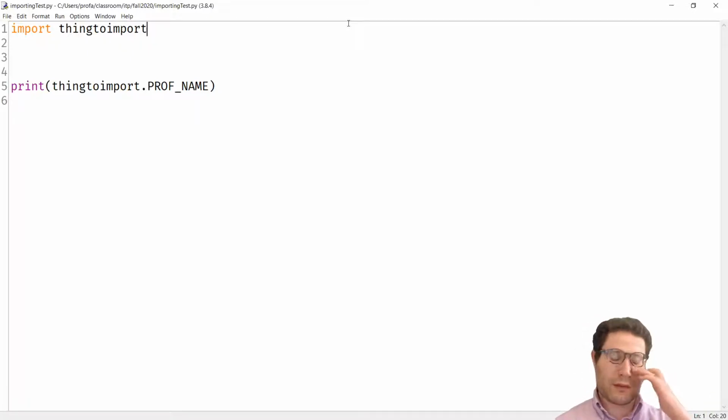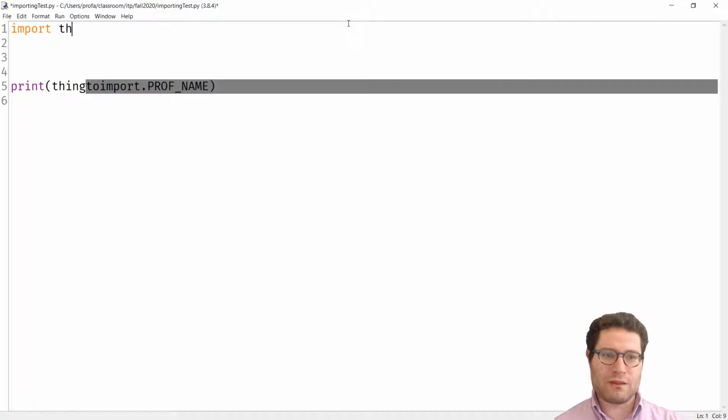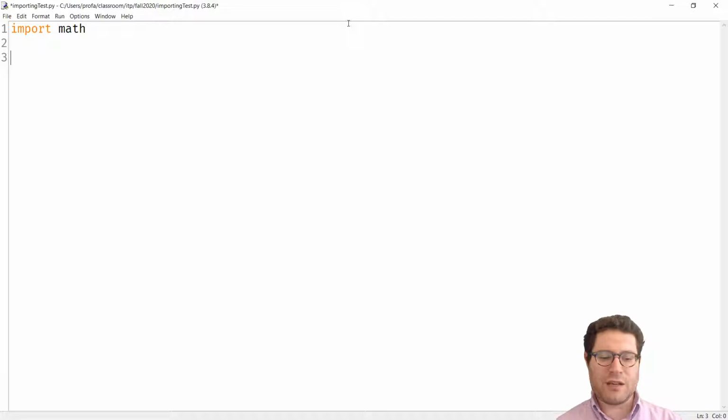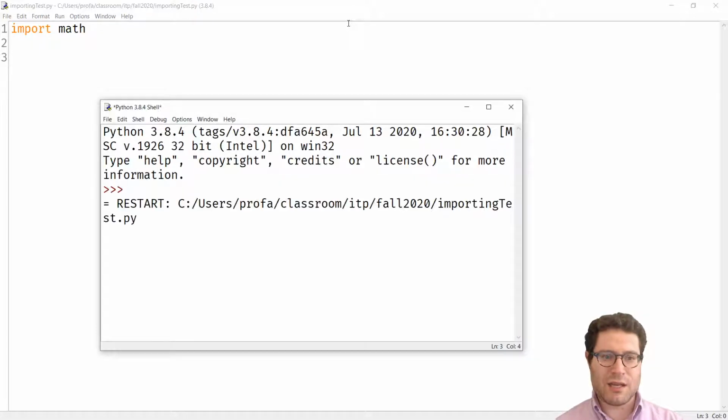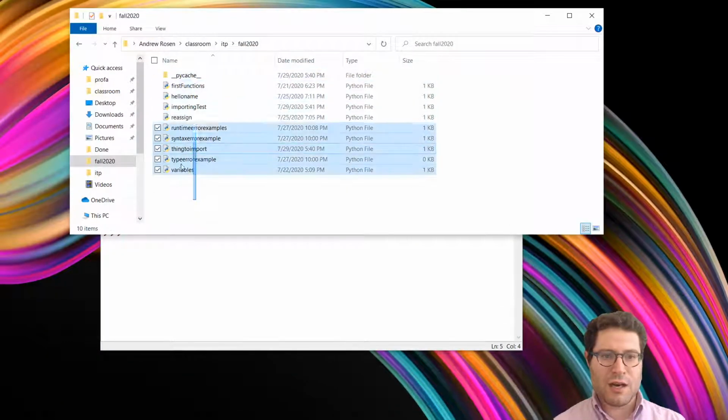So let's go ahead and see how this works with, say, importing a math module. The math module, if we import math, has a bunch of these functions that are defined in Python. Now notice that I've imported math, but if I were to check my folder over here, I don't have a math over here. So the first thing it's going to do when you say import,